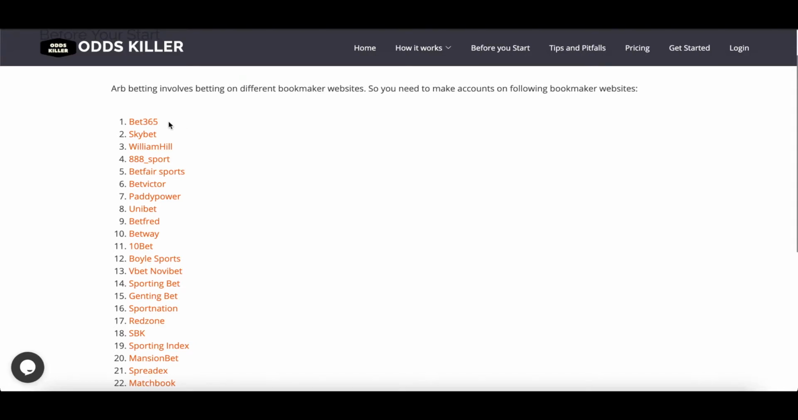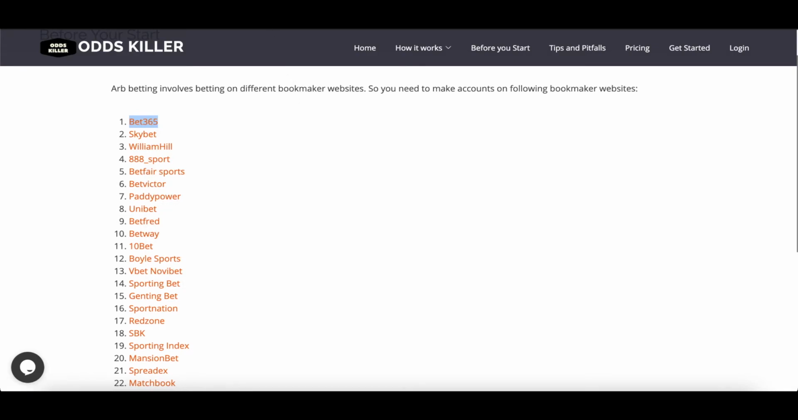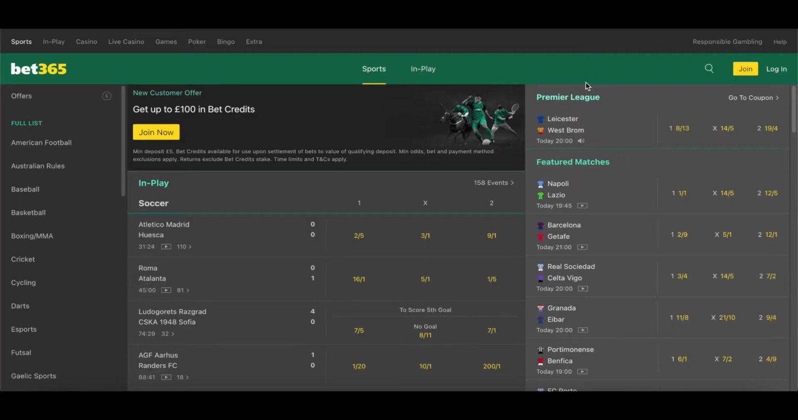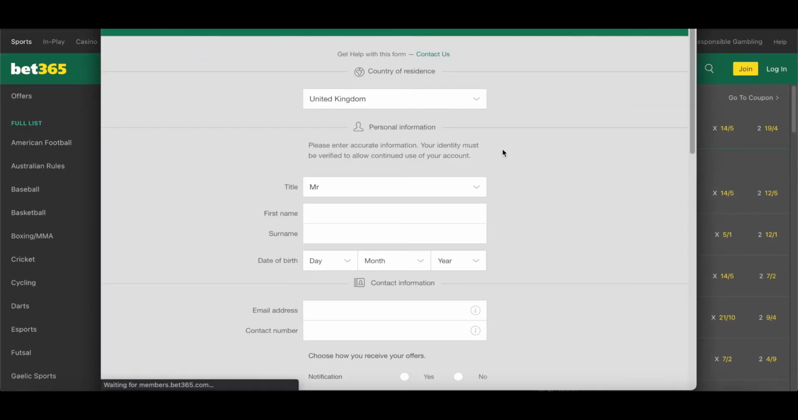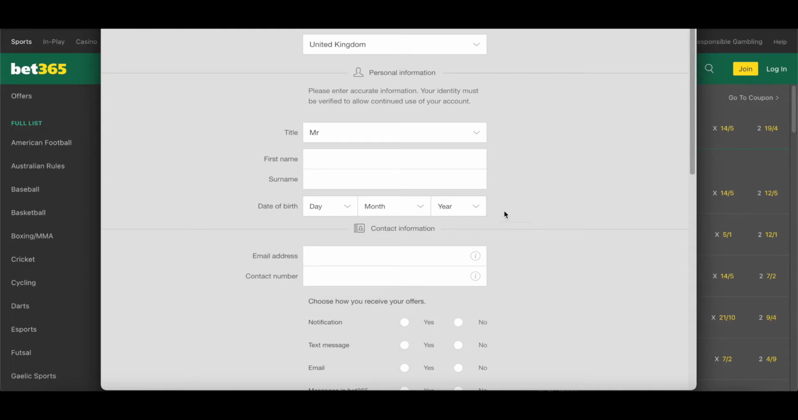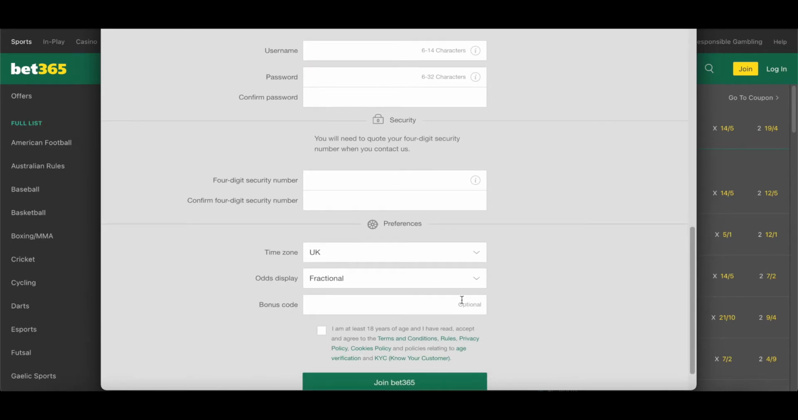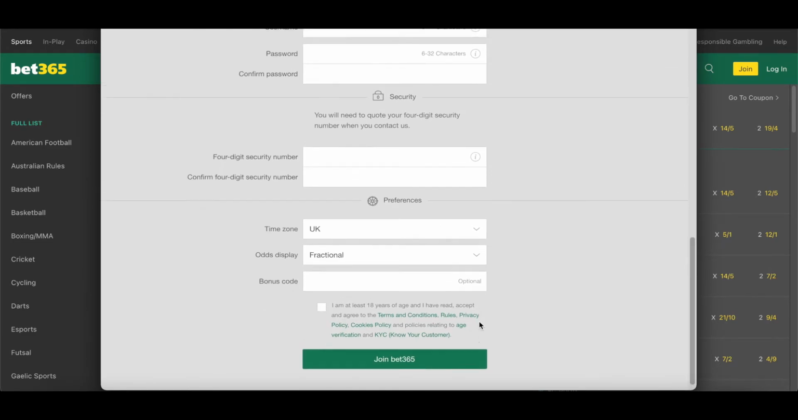So let's take an example of Bet365. Let's go to their website and you will see that you have a join button. Also, these websites always run some kind of offer, so please make a note of that and try to take advantage of it. So when you click the join button, you will see that you have options to fill in your details. So just fill in your details, your address, a password and all the other things, and